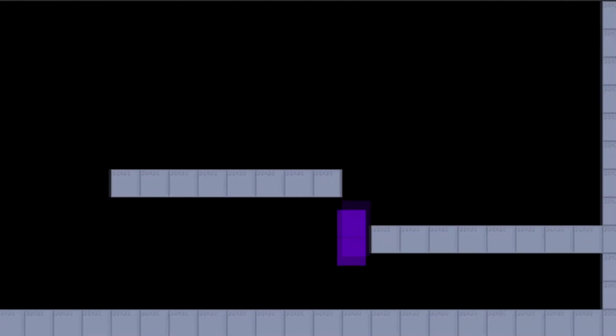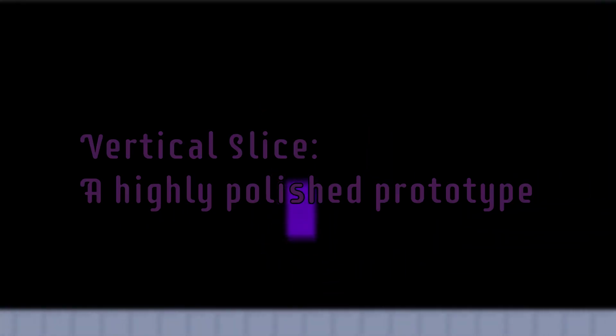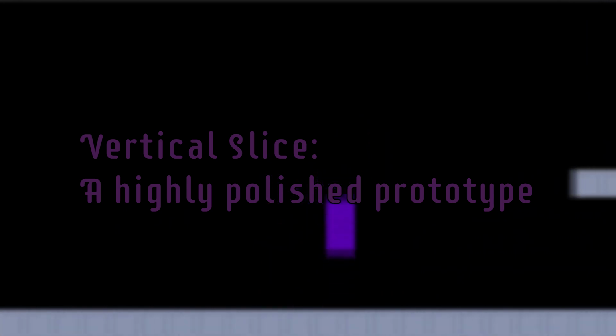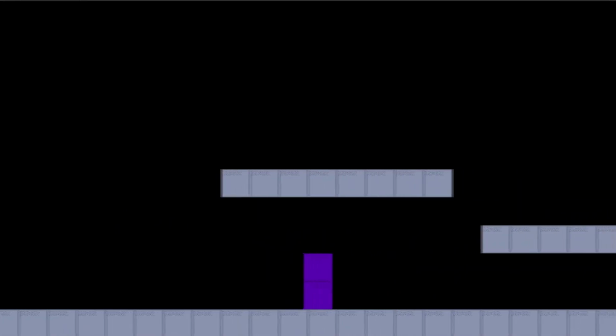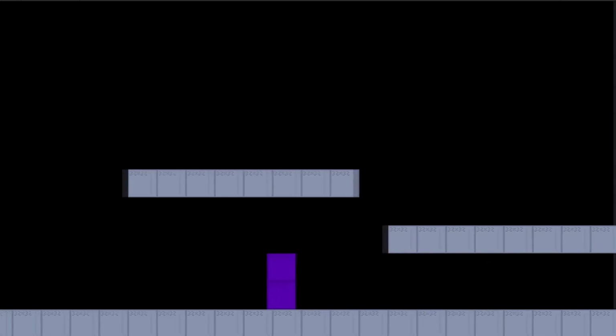So next I worked on getting the camera working. Now it follows the player smoothly while keeping inside a boundary so it doesn't reach off screen. Then I decided, as this is a vertical slice, I'll be developing the controls for keyboard and mouse and controller simultaneously. So I got to work on that and hit a bit of a speed bump in that I was